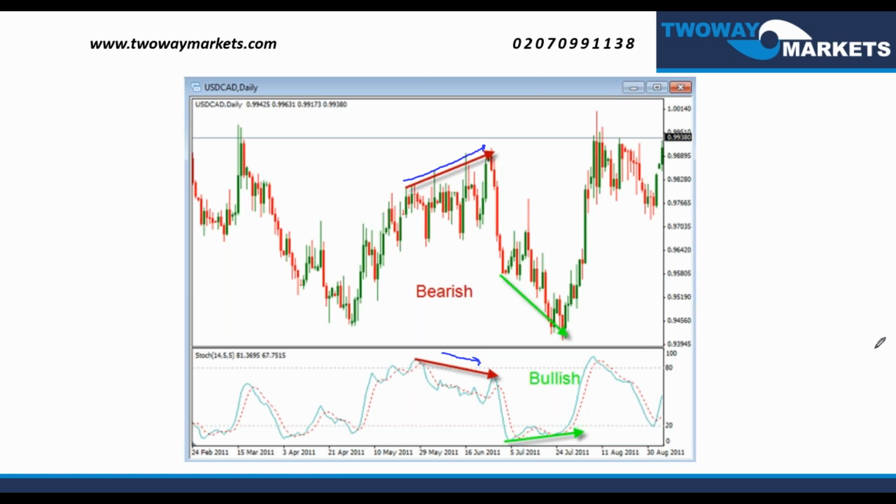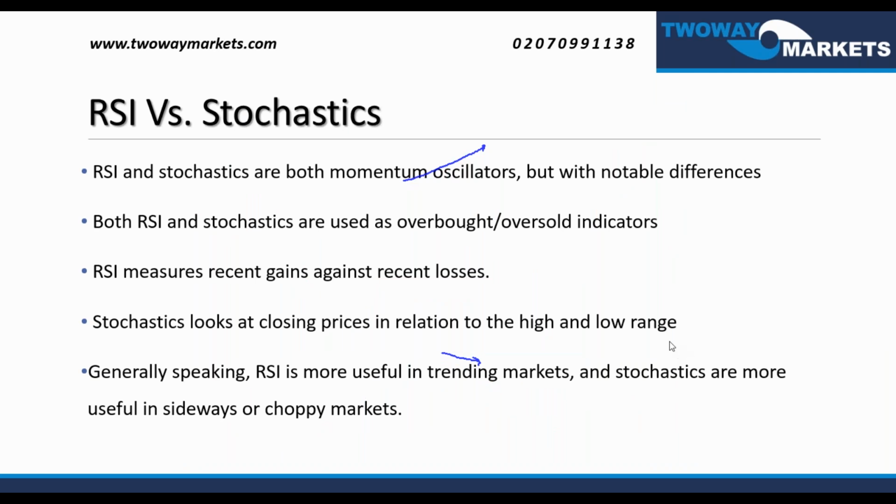Now, before I pass back to Gerpel here, I mentioned stochastics and RSI. They're both very similar if we were to look at them together. I know that a lot of the individuals here today have seen our previous webinars on RSI. There are going to be a few people who don't know what RSI is, but just so you know, RSI and stochastics are both momentum